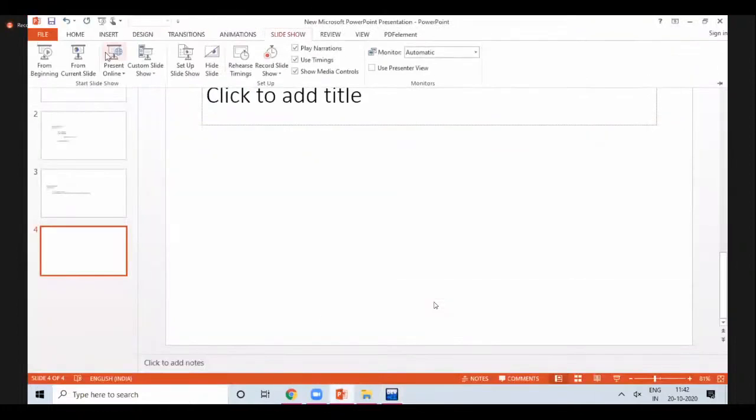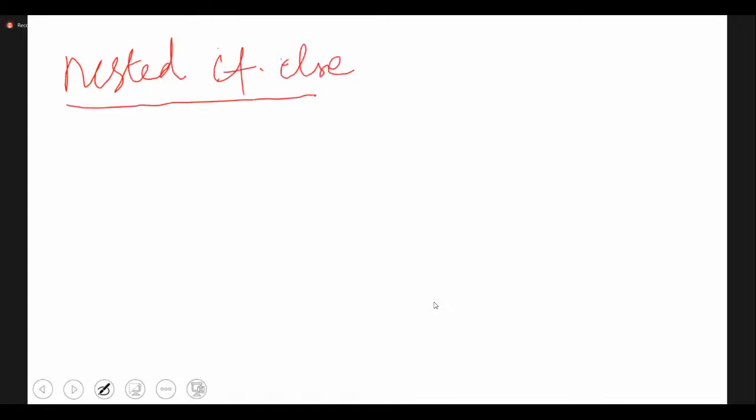Now next we have nested if else. Nesting is nothing but whenever you have more than one condition to check, then you can go for nested if else. So how do you write the syntax for nested if else?